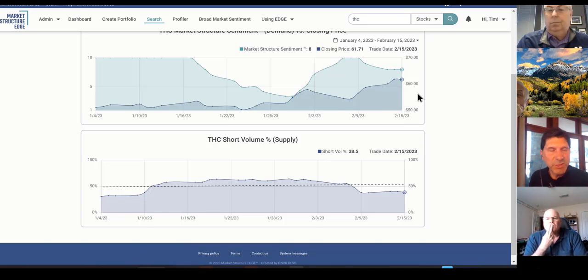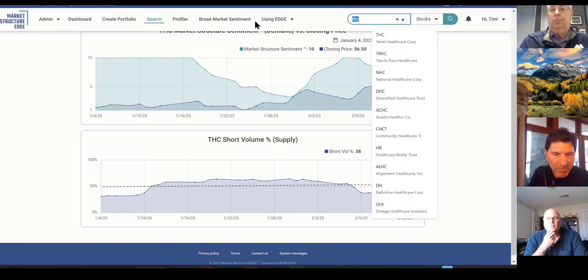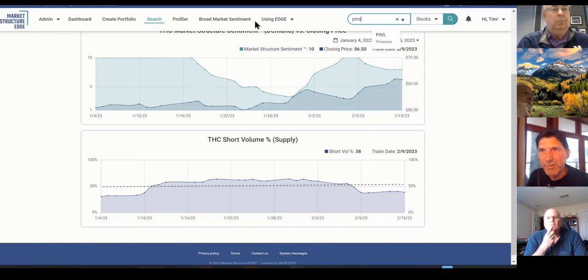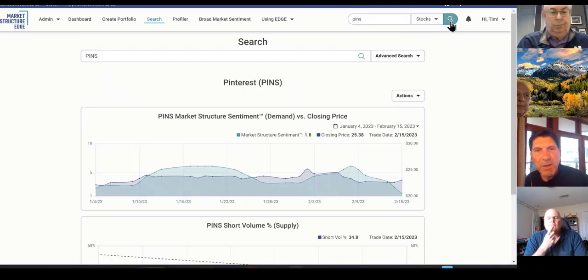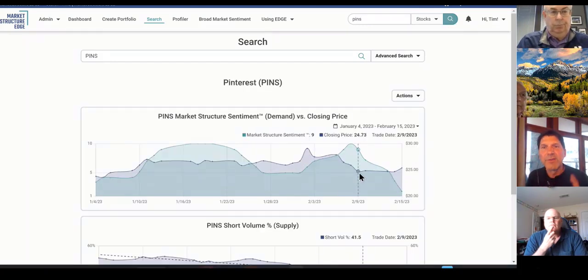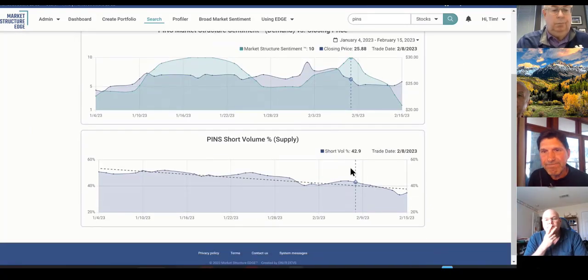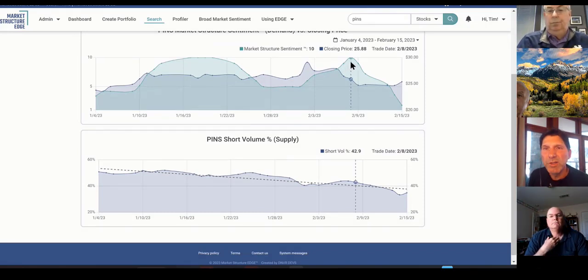The point with Pins, Pinterest, was on. Let's go back and look at that. I'm jumping around, but maybe you'll remember this. This was the point last week, and the question came up last week. That would have been the 9th, so the data that would have been available to us as traders would have been from the 8th. And you look at this: demand hitting 10, supply not great, but it did tick down day over day. What do you do? The price on this day dropped as we held the demo.